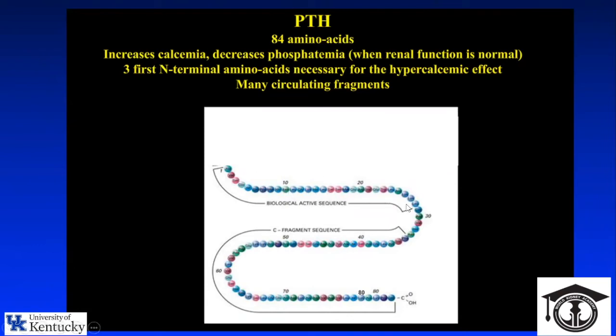It has two parts. One is the N terminal, which is the biologically active segment, and the other one is the C terminal. The C terminal or C fragment doesn't usually have any calcemic biological activity. Most of the biologically active calcemic effect of the PTH resides in the first amino acids, usually 1 to 7, most importantly 1 to 3, okay? The problem is,